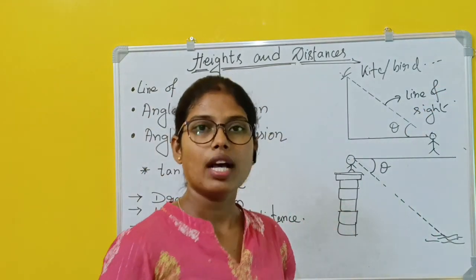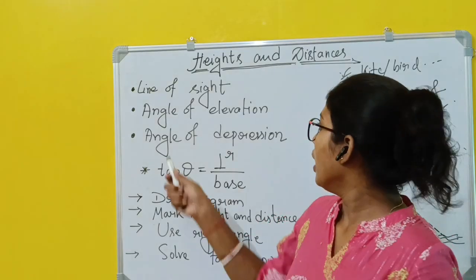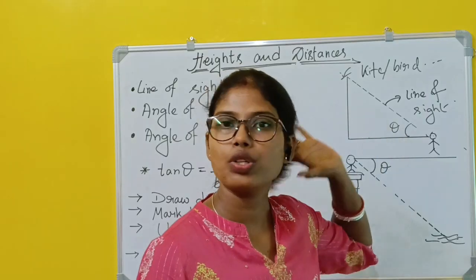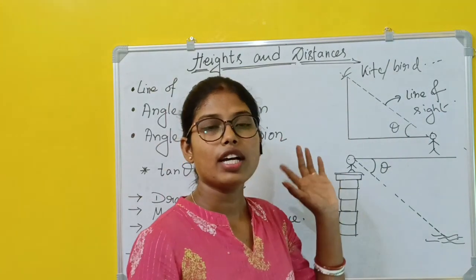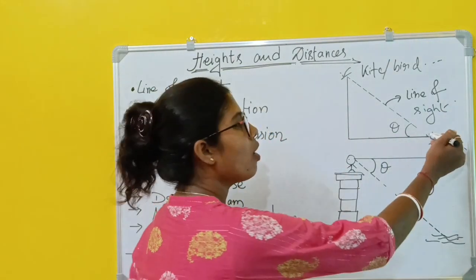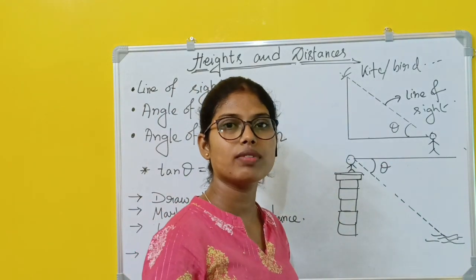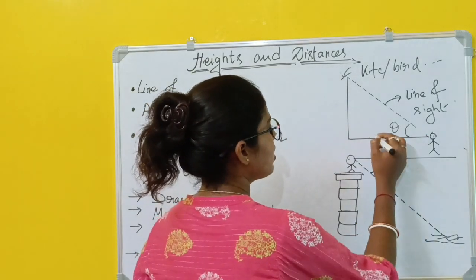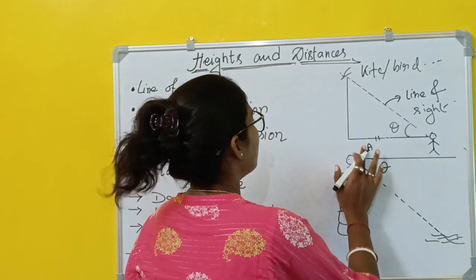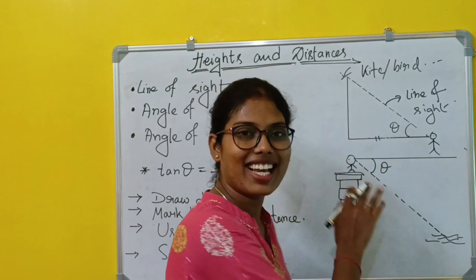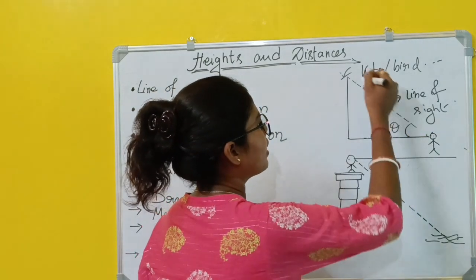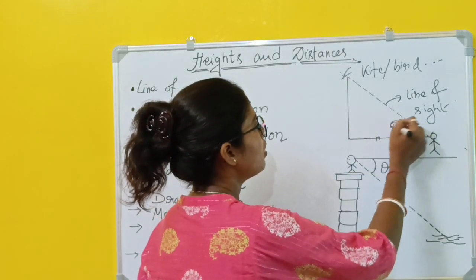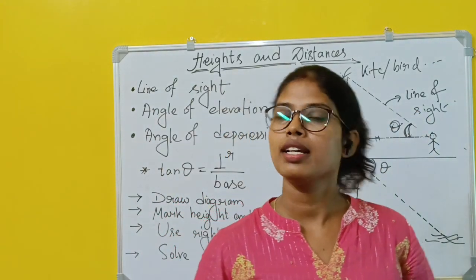Am I clear? Now, what is called the angle of elevation? Line of sight we have cleared. Now, the horizontal line drawn from my eyesight, if I am standing over here, then the horizontal line from me, that is this line. The line of sight making an angle with the horizontal line, that is this one, is called theta. So the line of sight is clear.